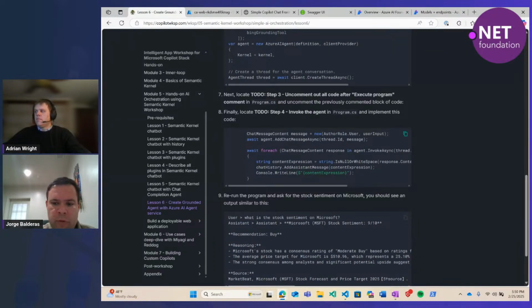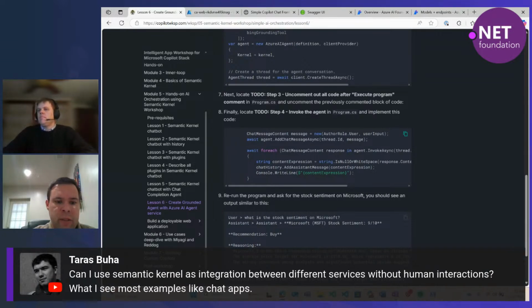Yeah, so I see a couple of questions on the chat, and actually I see another one on human interaction. So I did take a look at that one. The example that we have for working with agents is only collaborating between two agents.